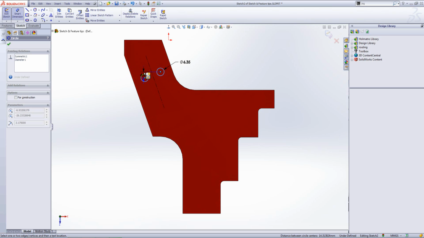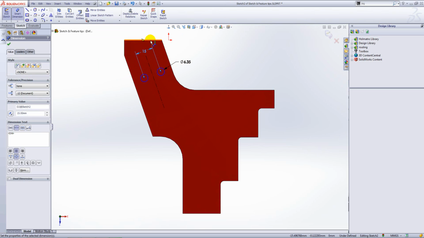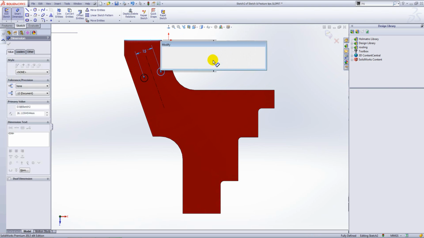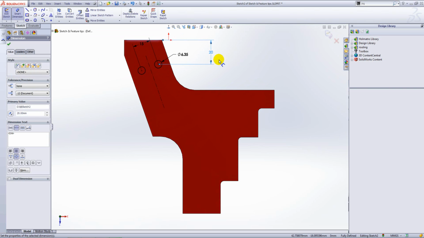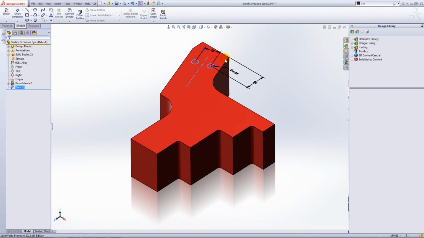So if I want it aligned, I can just set it to where it's in the aligned position, right click, and it locks it in that orientation. We'll set that to 15, and we'll just finish off by dimensioning from the top edge at 20. We'll then exit sketch,